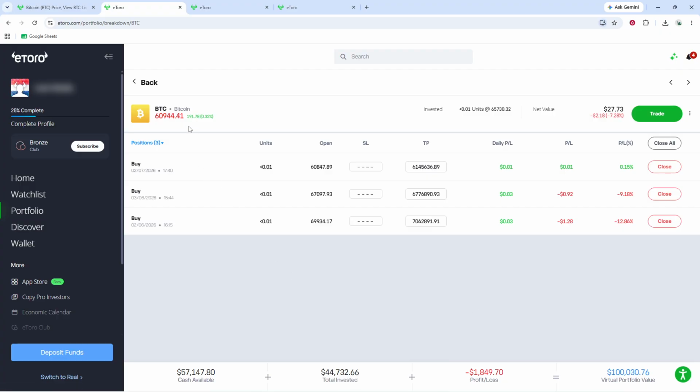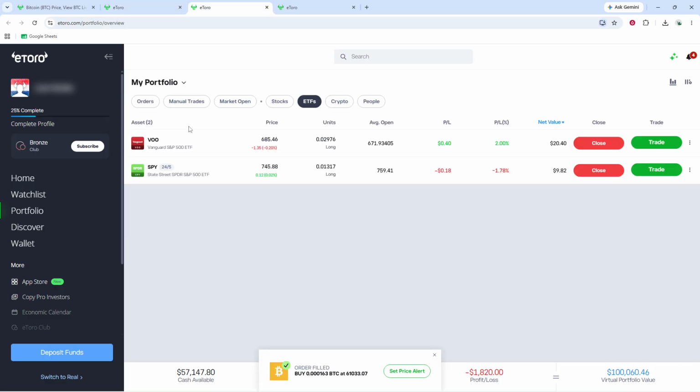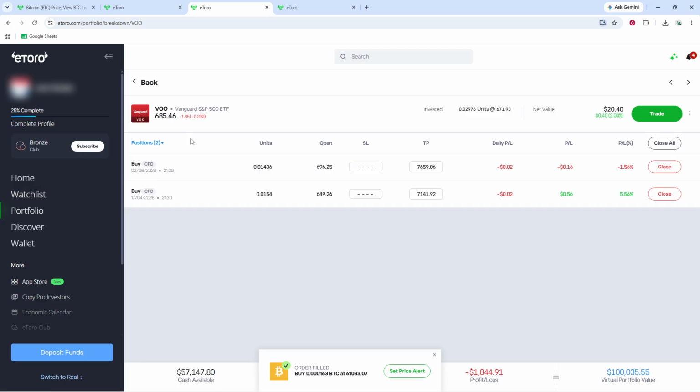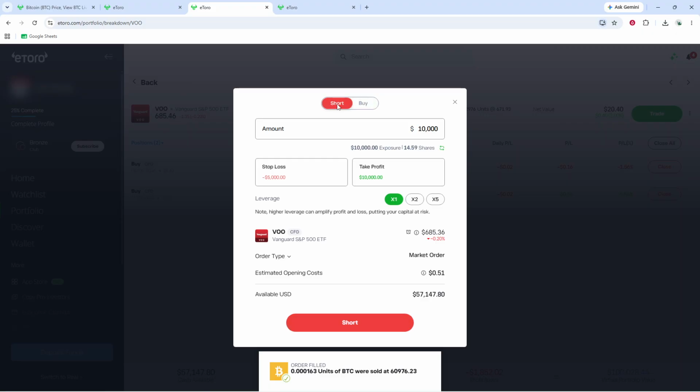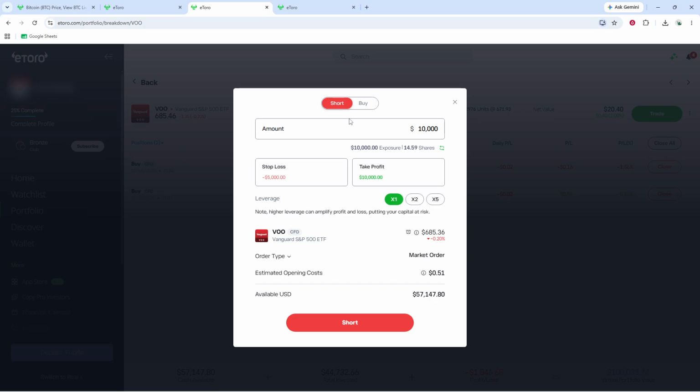To short sell, choose an eligible stock or ETF, then select Sell instead of Buy in the trade window. Enter your trade details and click Open Trade. Keep in mind that short selling is only available for certain assets and may require you to meet eToro's trading requirements. Also, cryptocurrency positions cannot be short sold as real assets on eToro, so be sure to check asset eligibility